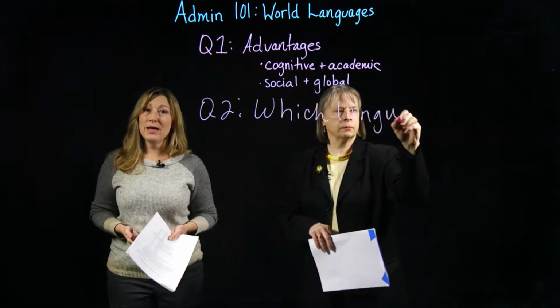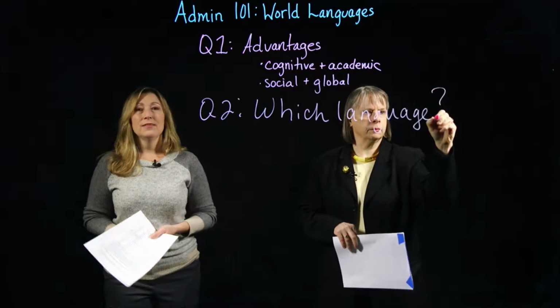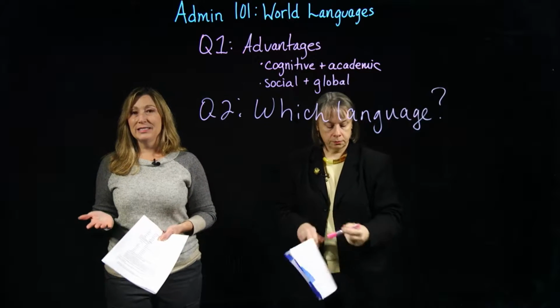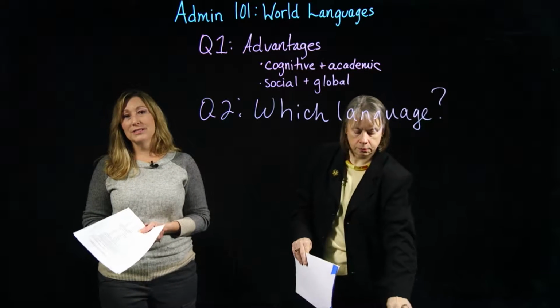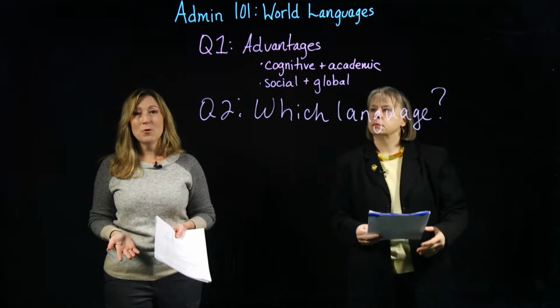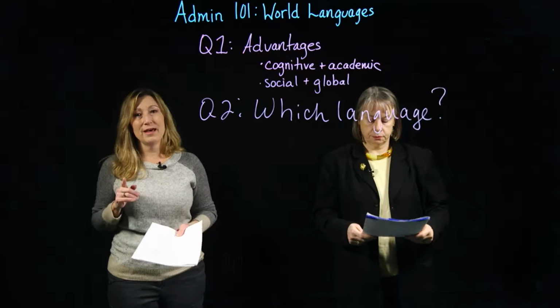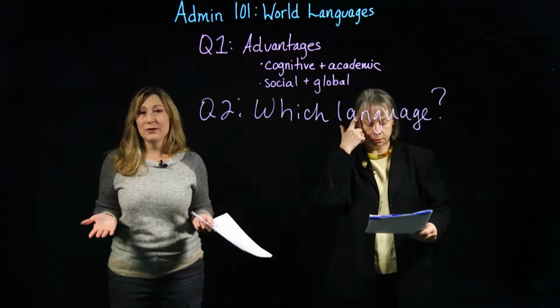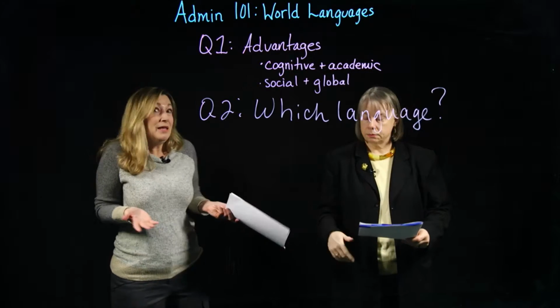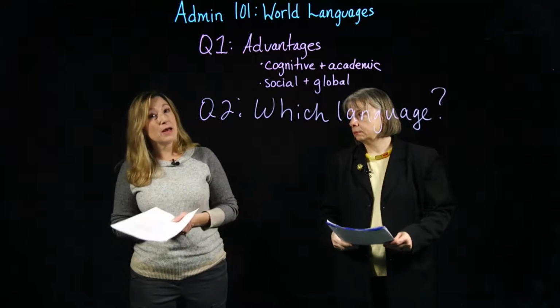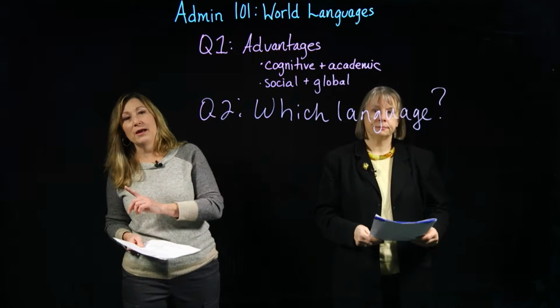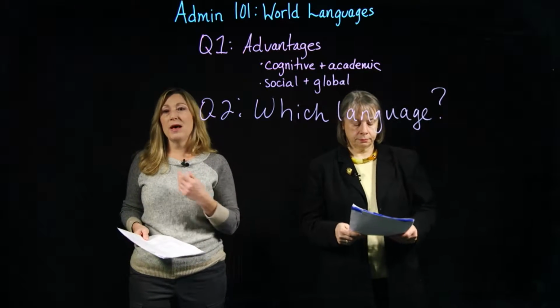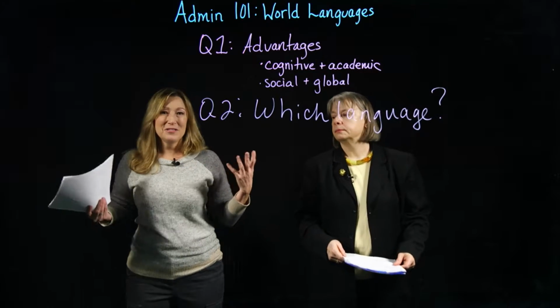Now, there's a lot of debate as to how many languages are in the world. The Linguistic Society estimates 6,900 distinct languages. Ethnologue estimates 7,100 distinct languages, so we'll go with 7,000. Out of 7,000 languages to choose from, we think any language is a good language. It doesn't matter which one you choose, but it does matter. It matters to the students, it matters to your community, it matters to the bigger picture.